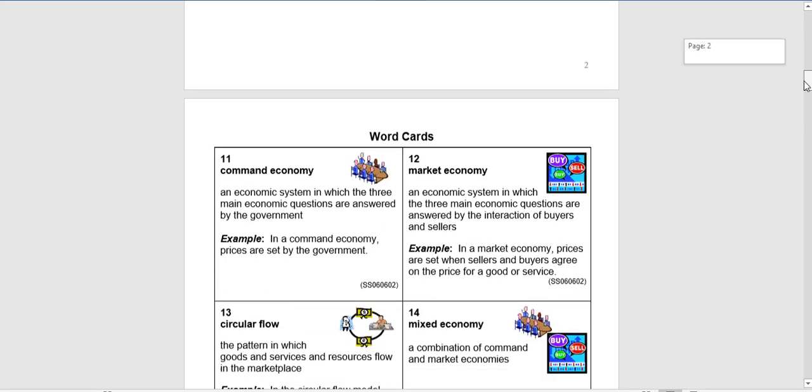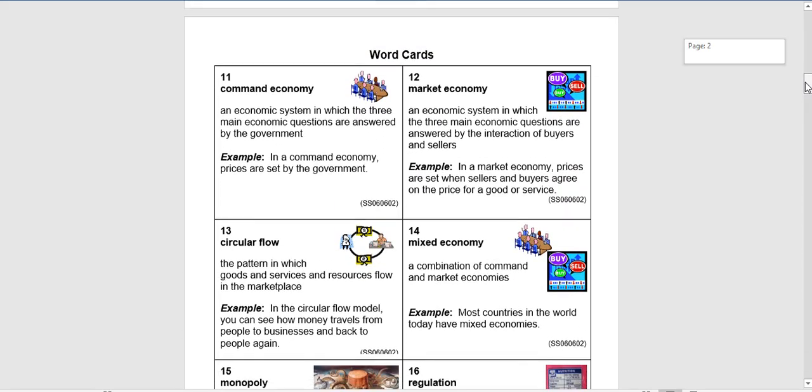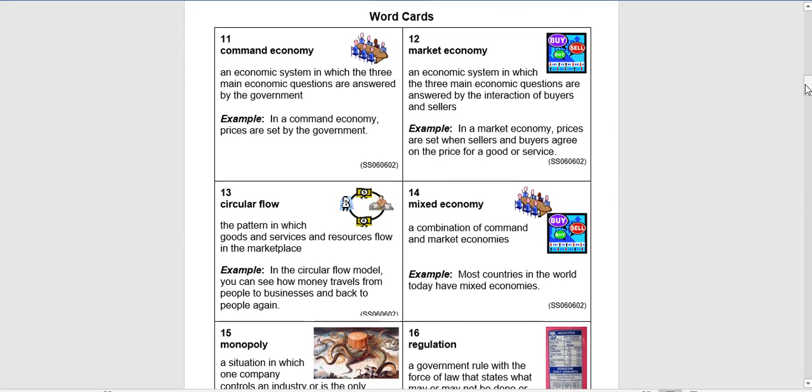Please flip to your word cards. We're going to go through 6 word cards today, and we're really going to focus in on the first 4, 11, 12, 13, and 14. We will read 15 and 16, but the ones we really want to put all of our focus into is 11 through 14. Number 11, command economy, an economic system in which the 3 main economic questions are answered by